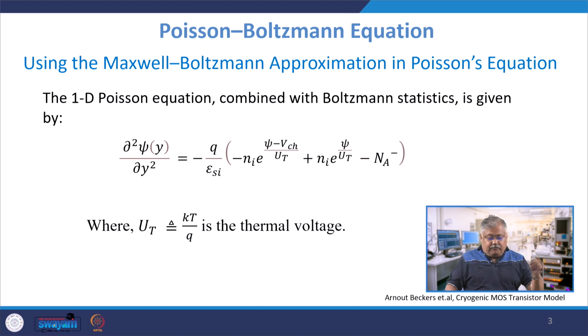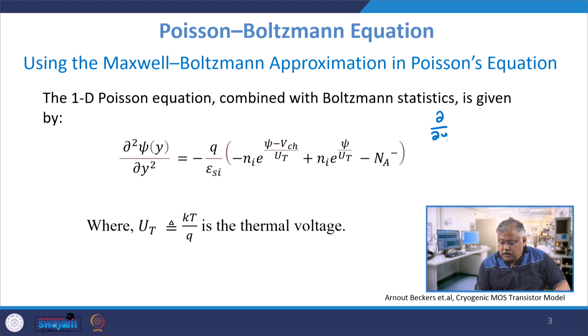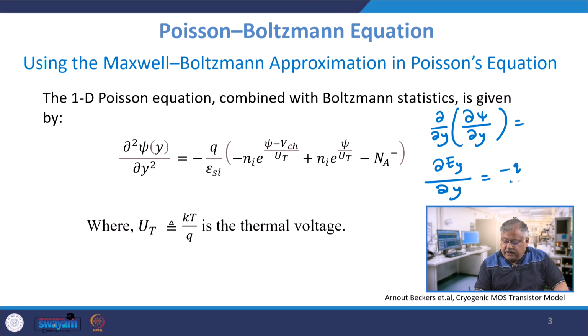So, let us take them up one by one and apply a 1D Poisson equation. When I say 1D, I mean to say one dimensional Poisson equation. One dimensional means it is in the y direction. Please keep the y direction as the transverse direction, as I have shown in the previous lecture. What it tells me is that del of del y, del psi of del y will be some function here. So, this is basically del E of y by del y, which will be equal to minus q by epsilon silicon and so on and so forth,